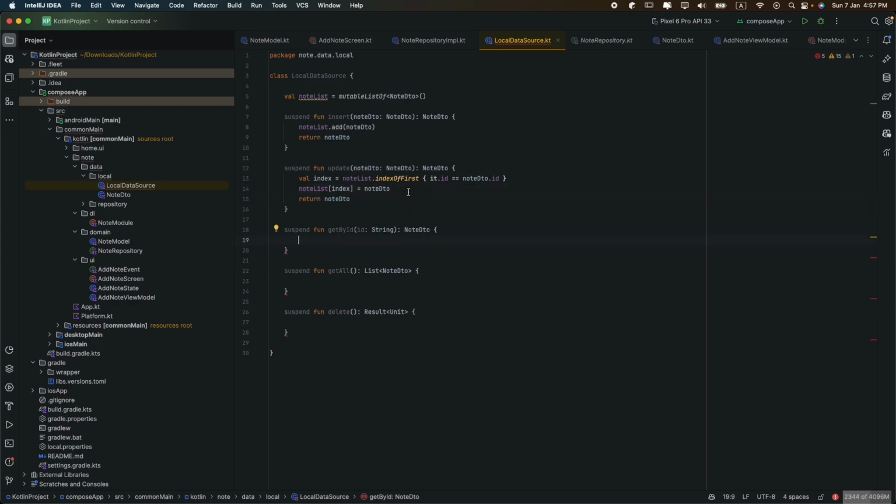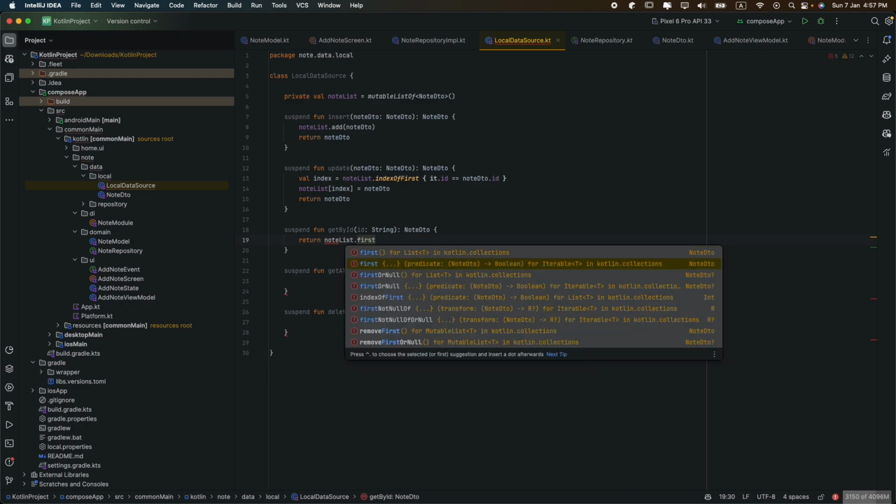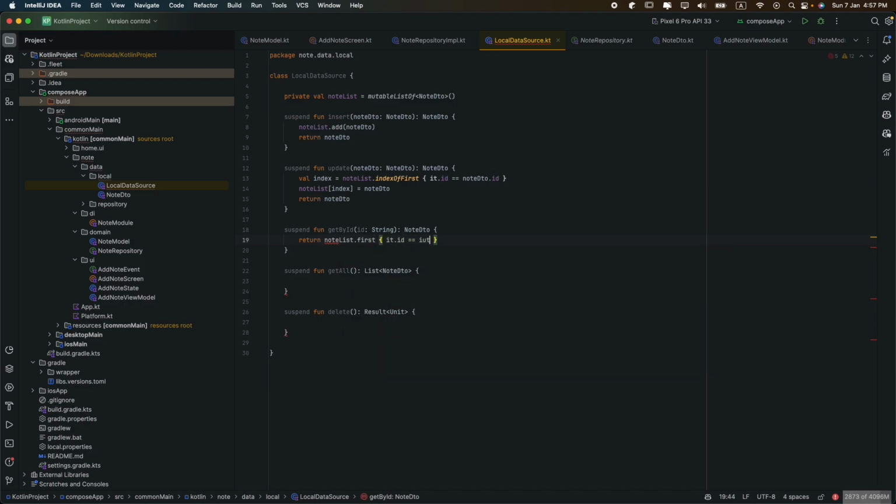And of course, not having this one will return an exception, and we will catch the exceptions in the repository. So yeah, but these methods are going to return exceptions on failure. Let's move this to private, and let's have this. Okay, let's keep it not nullable. And nodeList.first.id equal id,